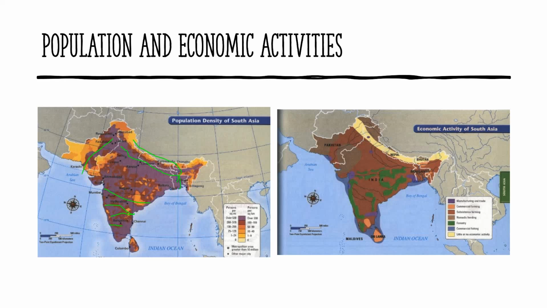We'll notice that there is a lot of farming that occurs in this part of the world, but most of it is what is known as subsistence farming. Subsistence farming is a type of farming in which a farmer basically produces just enough for his needs and his family's needs, with a little bit left over for sale at a local market. So it's not really the large-scale commercial farming that the United States of America has, for example, that supports a highly developed